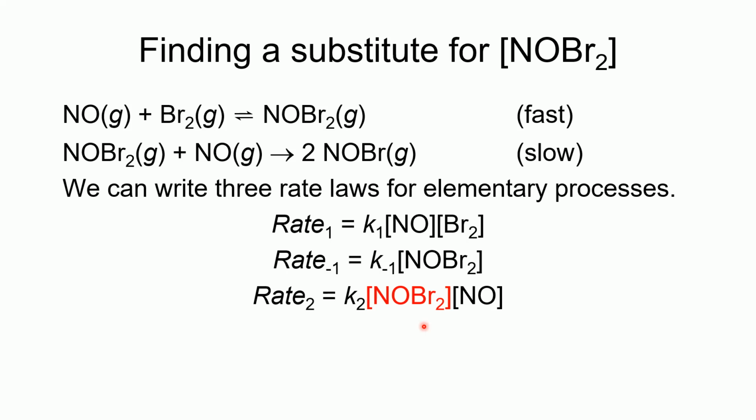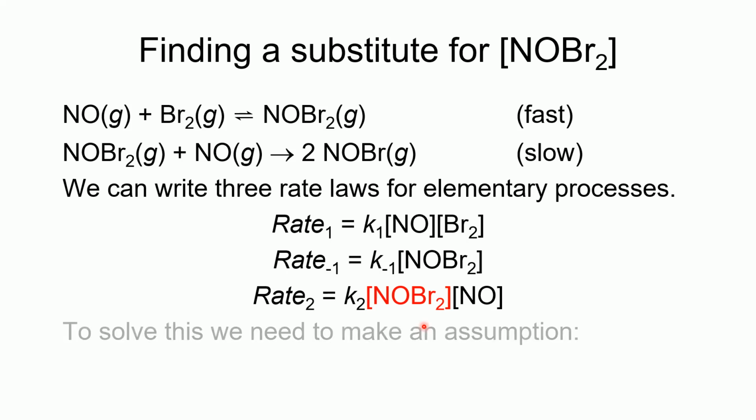This assumption is not perfect, but it is a pretty good assumption. And the assumption is that that first step is so fast that most of the time when we take NO and Br2 and convert it into NOBr2, most of those molecules of NOBr2 will break apart and go back to NO and Br2. So it's a very, very fast step,